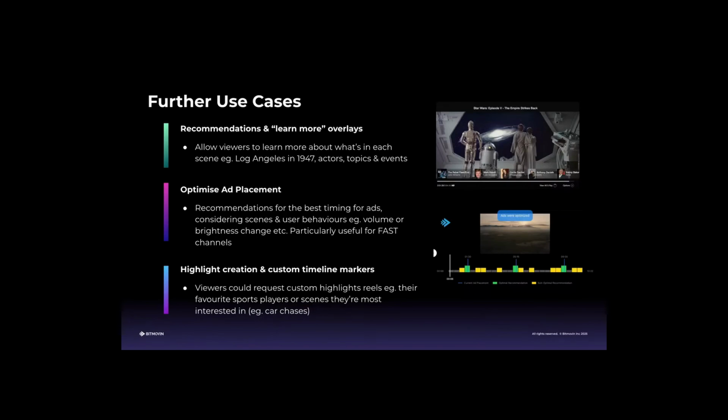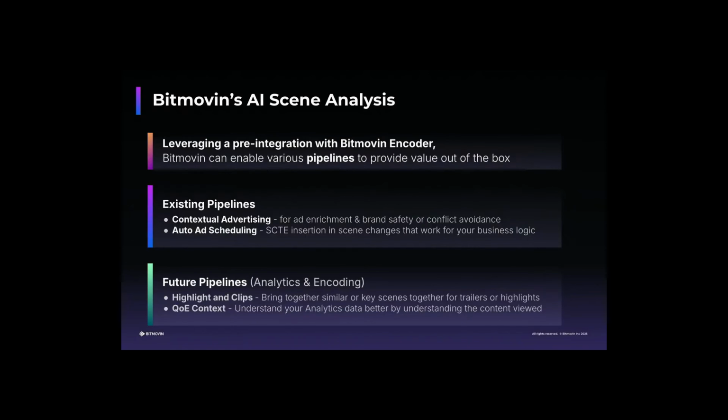And then thirdly, at the bottom, automated highlight creation, potentially custom timeline markers as well. So viewers could request custom highlights reels, highlights packages, like of their favorite player in a football match, or scenes they're most interested in. If they're watching Fast and Furious,